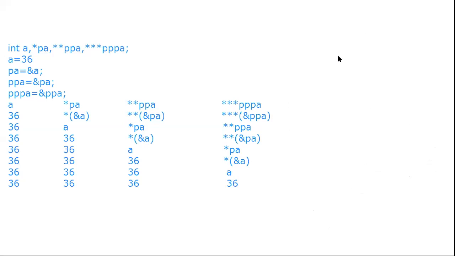Now we are going to discuss arrays in pointers. How are we relating arrays and pointers? For example, array means int a of 10 and star PA.